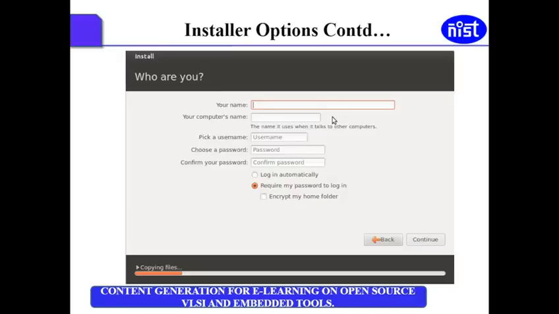You need to give your name, username, computer name, pick a name for your computer, and then choose your password and confirm it, and then you choose the other options like log in automatically, require my password to log in, and encrypt my home folder. So fill in all the options, and this will be clearly shown in the video in the next lecture, where I'll install Ubuntu and show you.